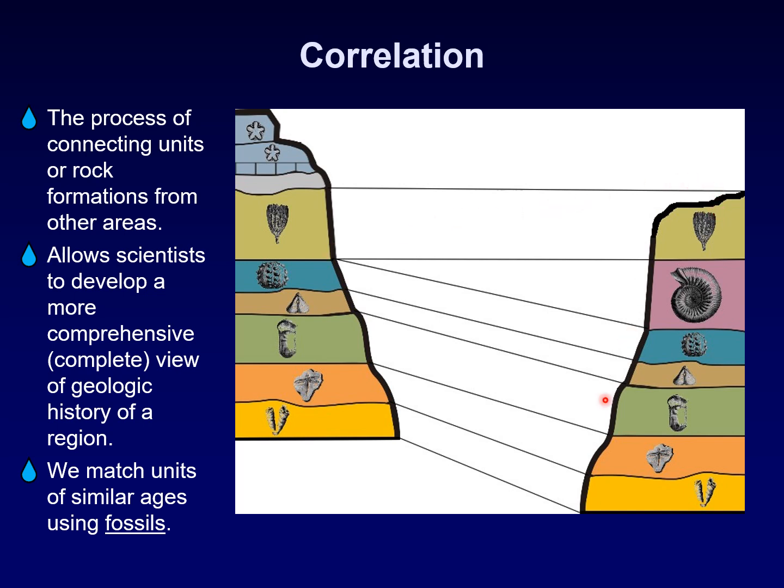Similarly, if we started at this outcrop, we would follow the sequence up like this, and we would have no idea what came above this crinoid. But if we go to this location over here on the left, we see deposition of this layer here, and then this bluish layer here with the starfish in it. And so we know that there's some missing layer over here that we found in this other outcrop